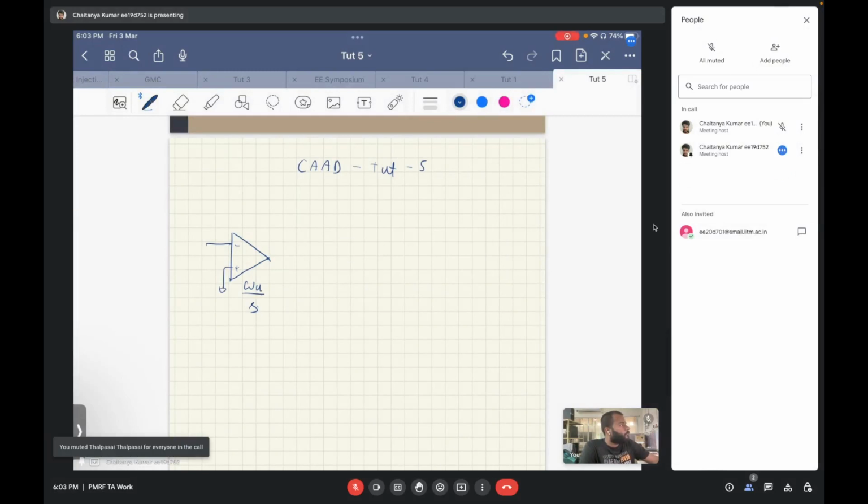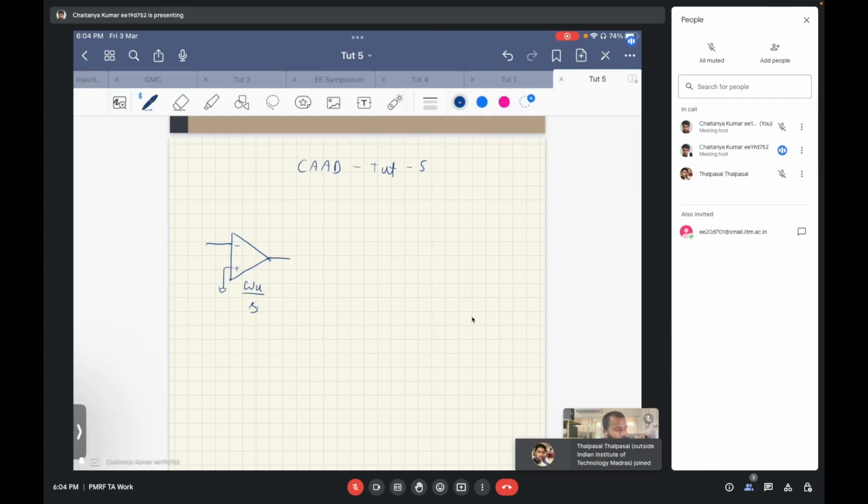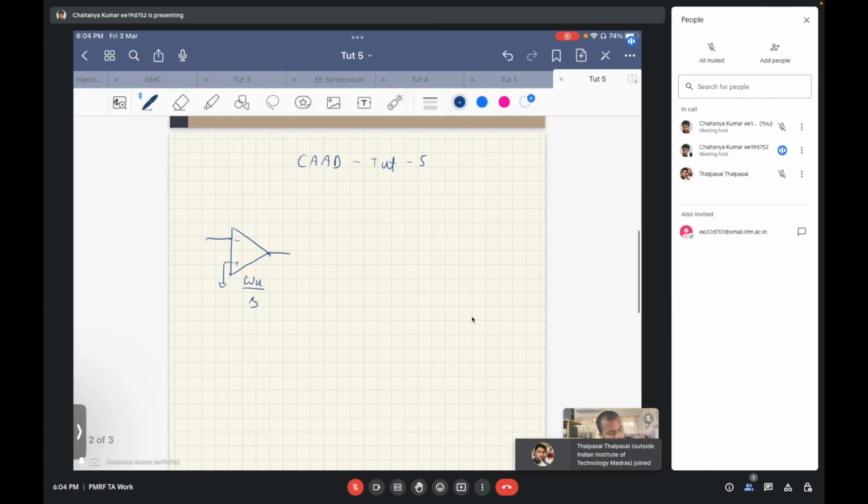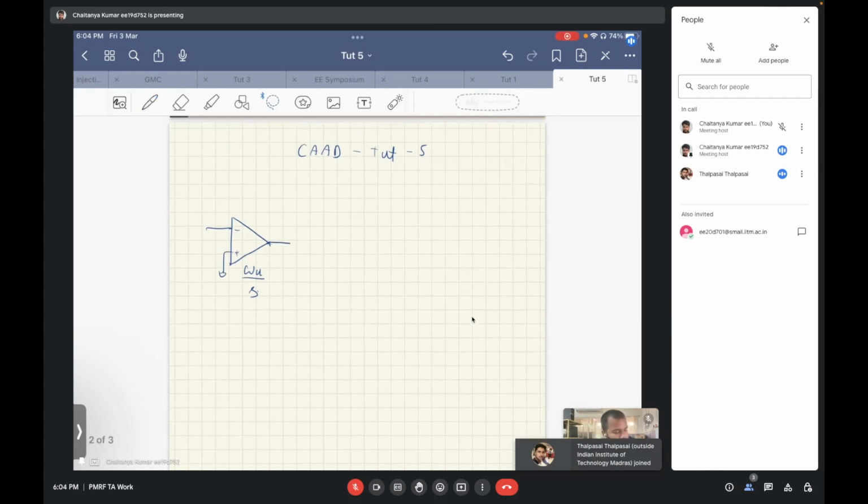Okay, so where we were, omega u by s was the transfer function that we had for the op-amp. Now this transfer function was